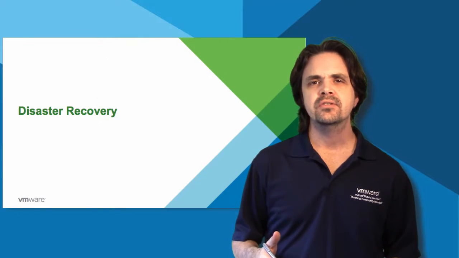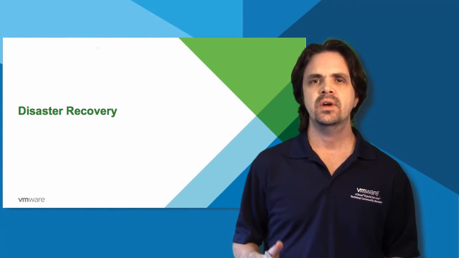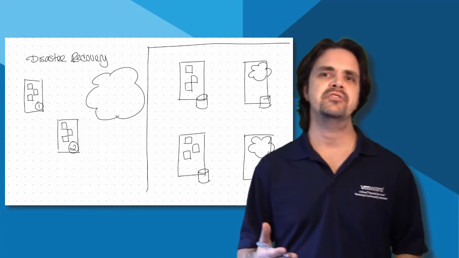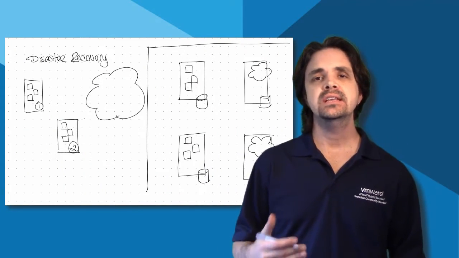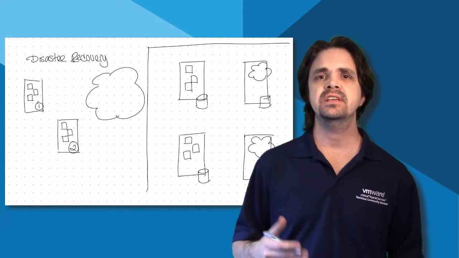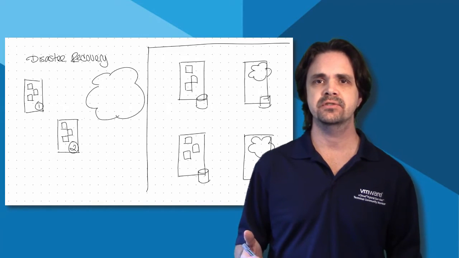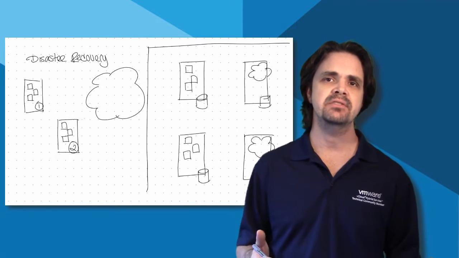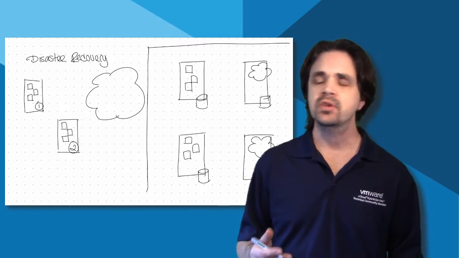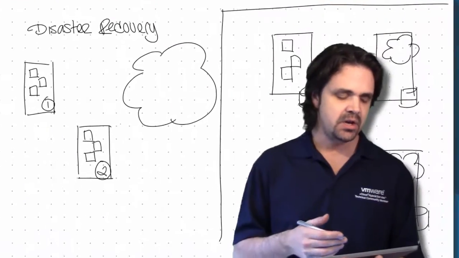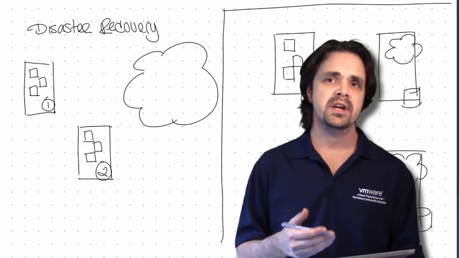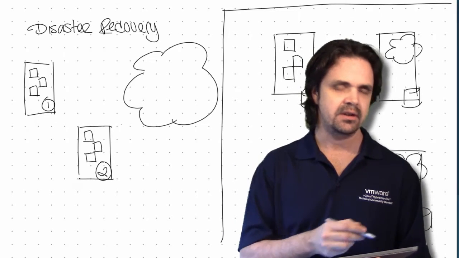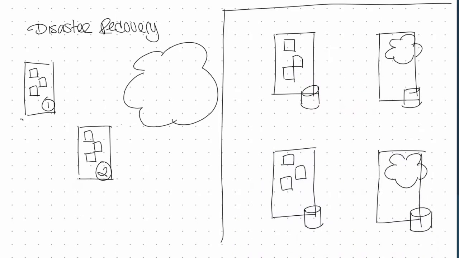So I want to talk about different ideas around disaster recovery. A lot of times we get questions about how best to address disaster recovery. Now, inside vCloud Air, we have vCloud Air Disaster Recovery as a Service. Disaster Recovery as a Service has a very distinct place inside of the ecosystem. For example, if we start over here on this side, we've got a solution where the customer has a primary data center, and maybe they even have a secondary data center. Maybe they're even using